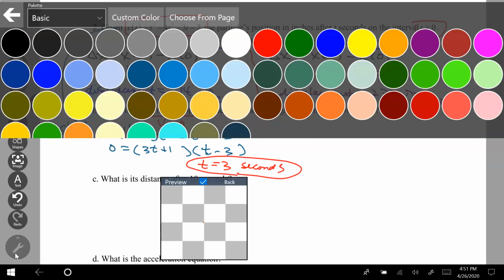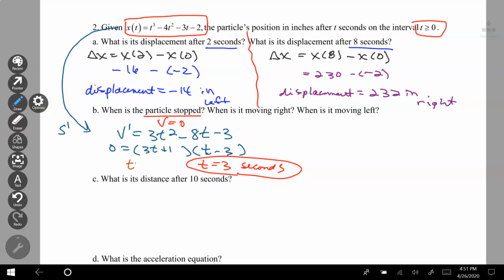This other solution is t equals negative 1/3, which I can't use. It's not in the domain. My domain for time, which was given earlier, was t is greater than or equal to 0. I can't use negative seconds, so I'm going to make my number line of velocity starting at 0,